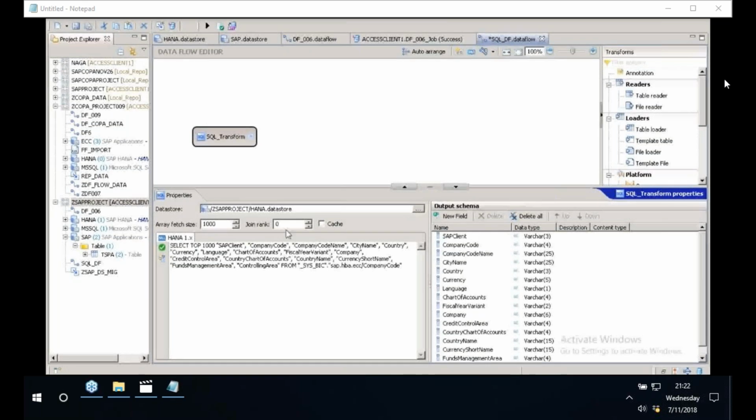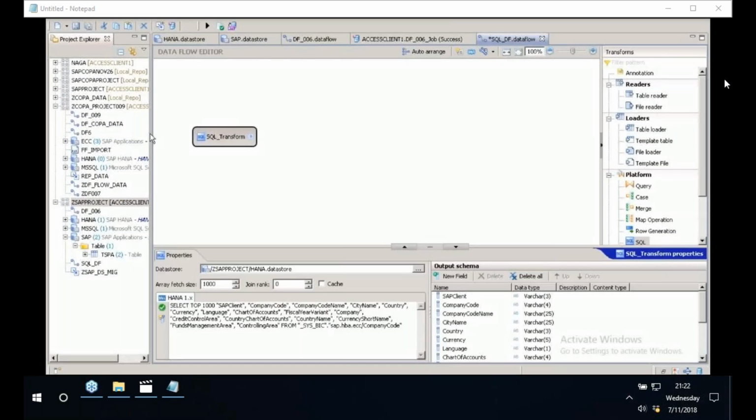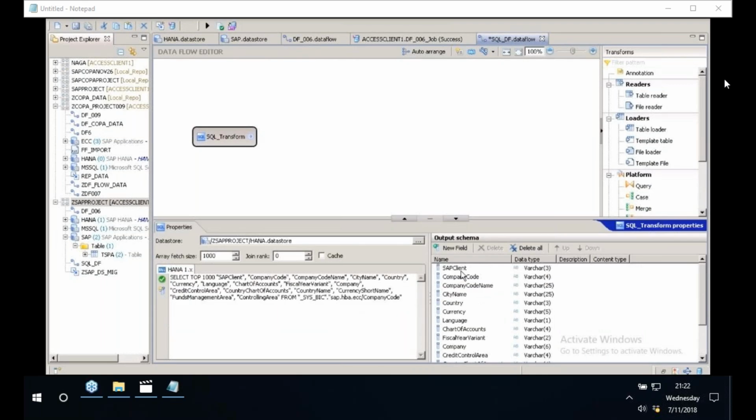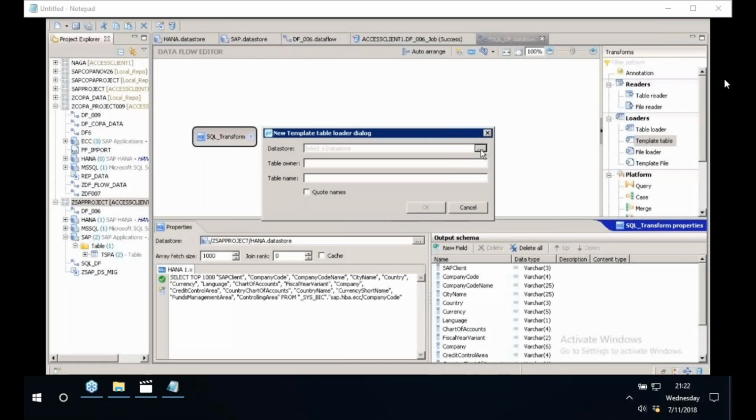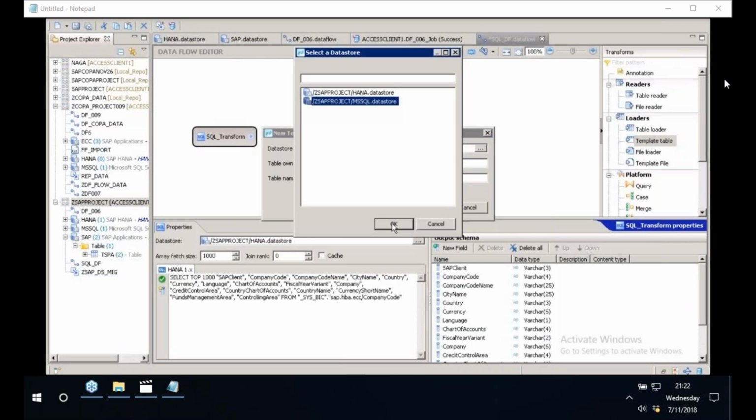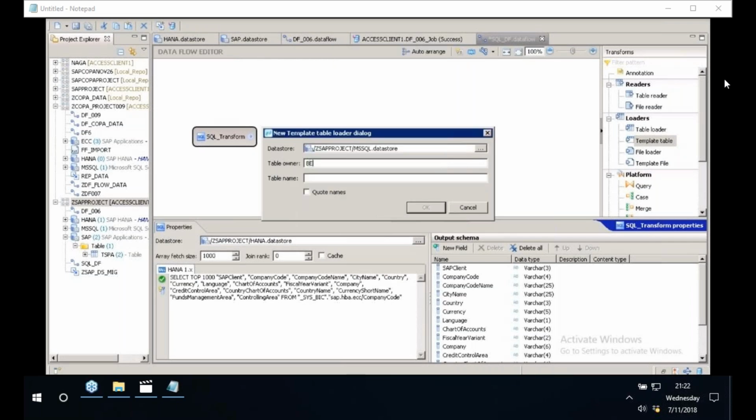Now once you have this SQL transform, you see the output like SAP client, company code. So this is the output. Now I'll drag and drop the template table. I'll select the data store, MS SQL, and click OK. Provide the table owner, best. Provide the table name, I'll give it as company code